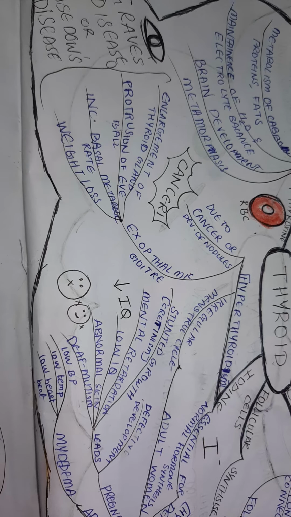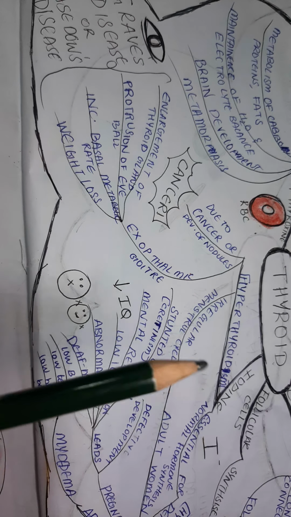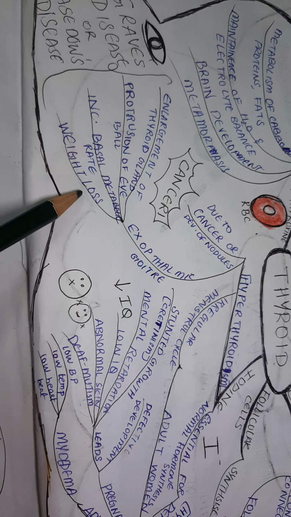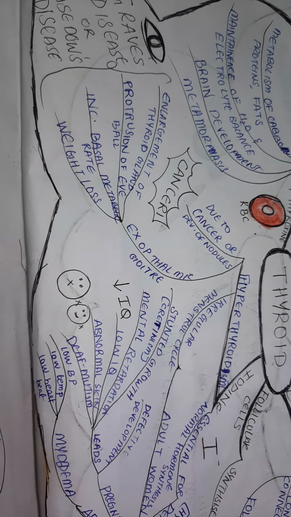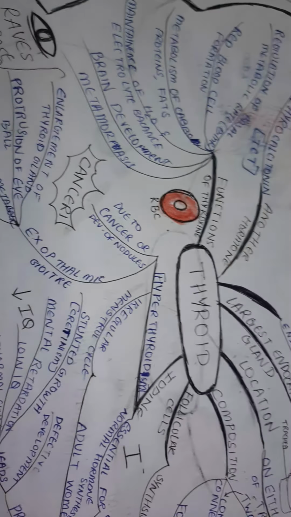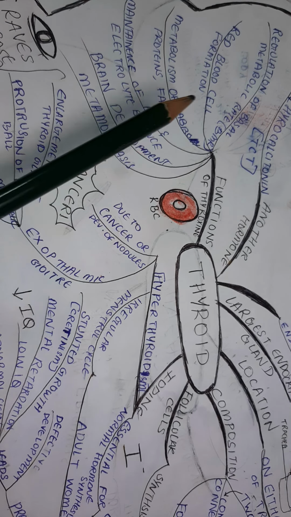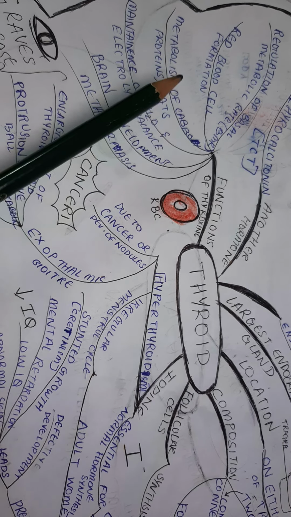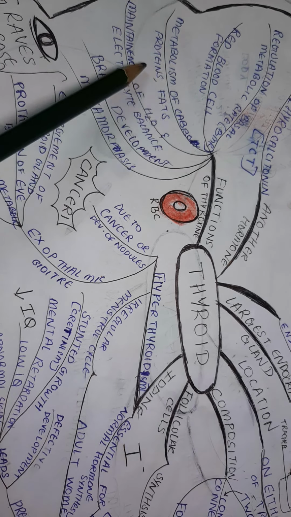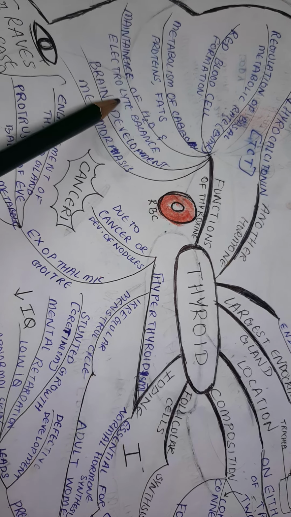The symptoms include enlargement of the thyroid gland, protrusion, meaning the eyeball becomes large in size, increase in basal metabolic rate, and weight loss. This disease is also known as Graves' disease or Basedow's disease. What are the common functions of this thyroxine hormone? Regulation of BMR, basal metabolic rate. It also helps in red blood cell formation, breaks down carbohydrates, proteins and fats, and maintains water and electrolyte balance in the body.